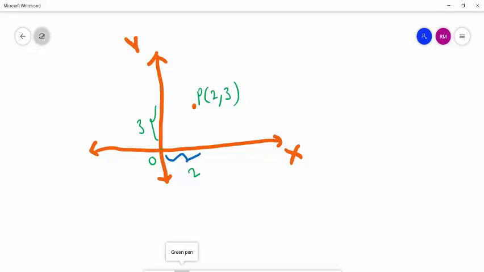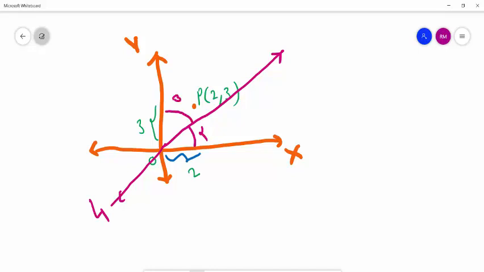Again, I will explain briefly about a line. So this is a line. So the x axis makes angle say alpha with this line L, which is passing through the origin, suppose line say L1, and the angle with the y axis is say beta. Then cos alpha, cos beta.